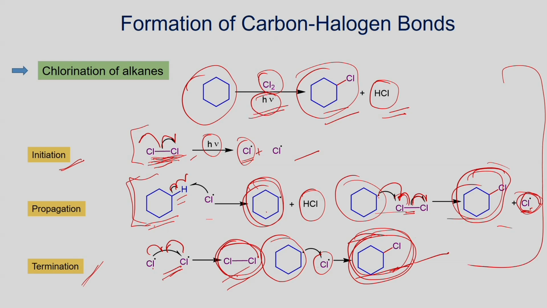In the presence of light, chlorine is known to undergo homolytic cleavage to generate the chlorine radical, which can undergo reaction. In this way, if you have an alkane, for example, you can make cyclohexyl chloride. You already studied this in an earlier class. For example, if you have methane and take chlorine in the presence of light, you can convert it into a chlorinated compound.